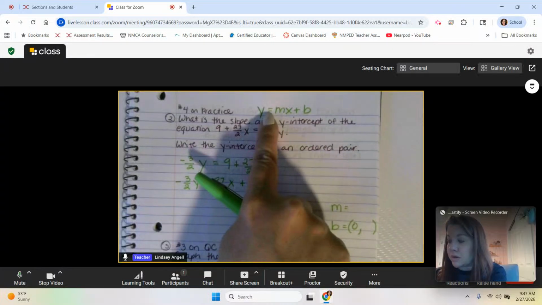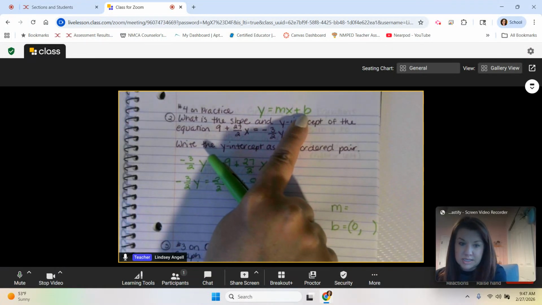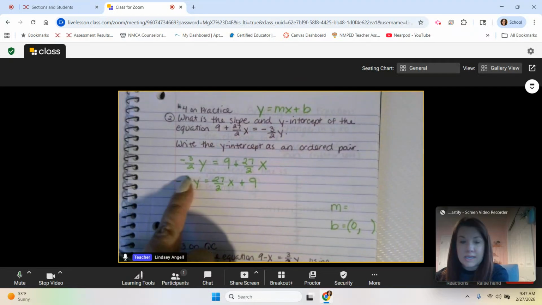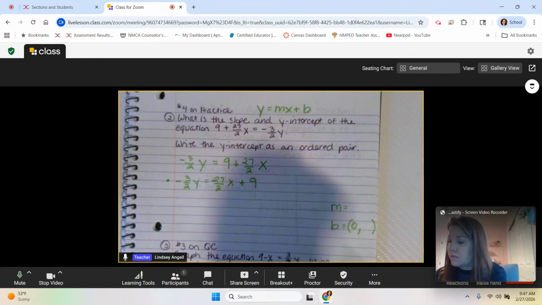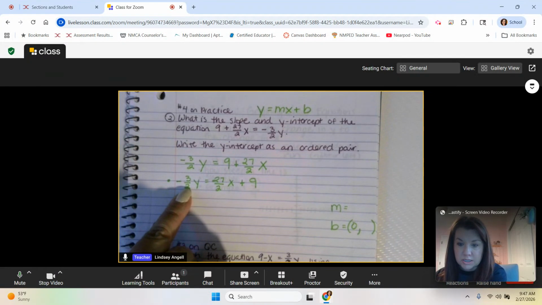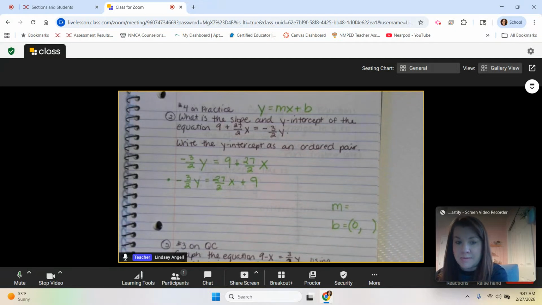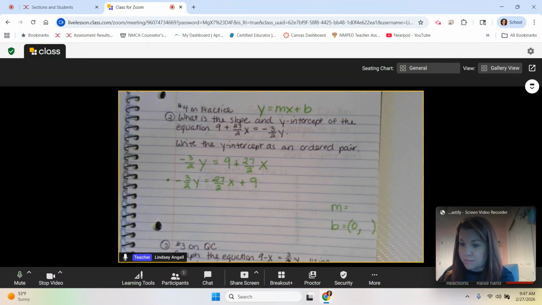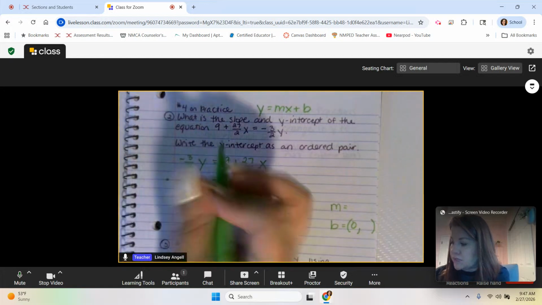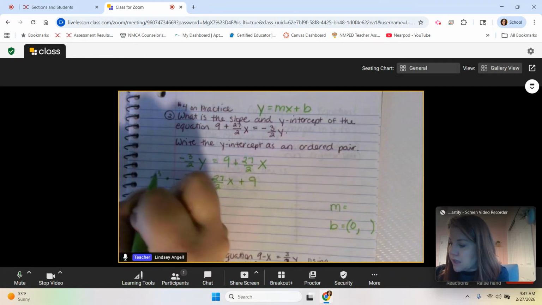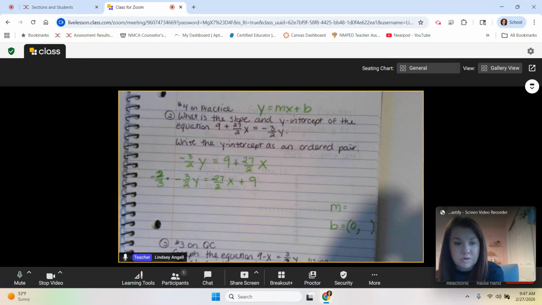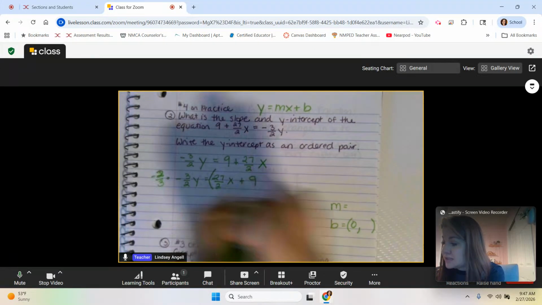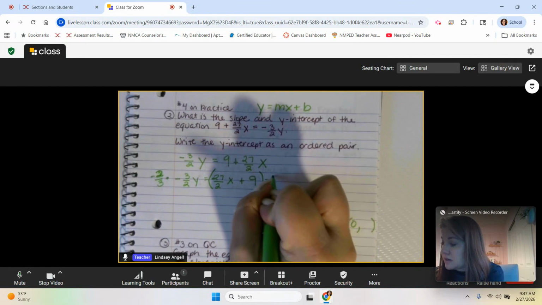At least now we're a little bit closer to this format, but now really I need to get rid of this -3/2. Well, remember when we are multiplying by a fraction, to cancel it out, I can multiply by the reciprocal, right? Which is kind of like a shortcut of doing same change flip when you divide by a fraction. So in this case, I'm going to multiply both sides by -2/3, but that also means I have to do the same thing over here,